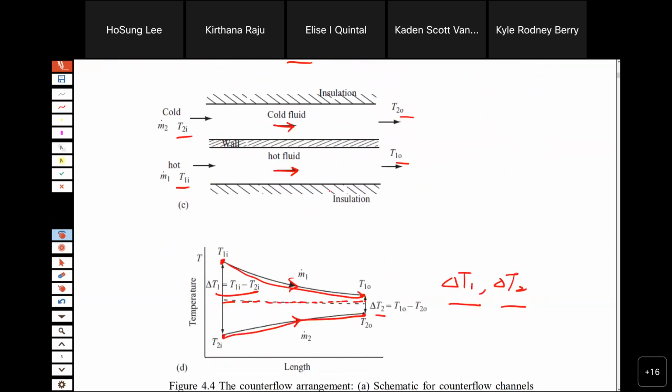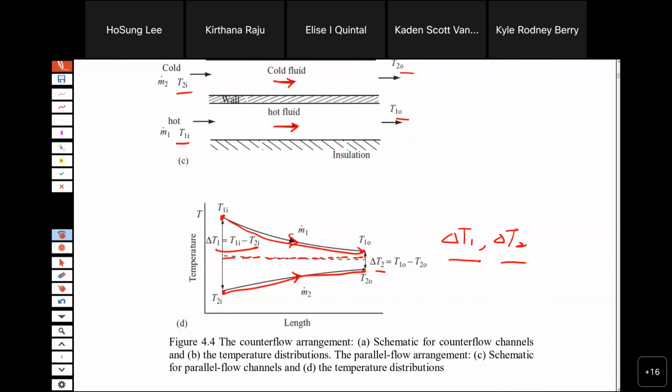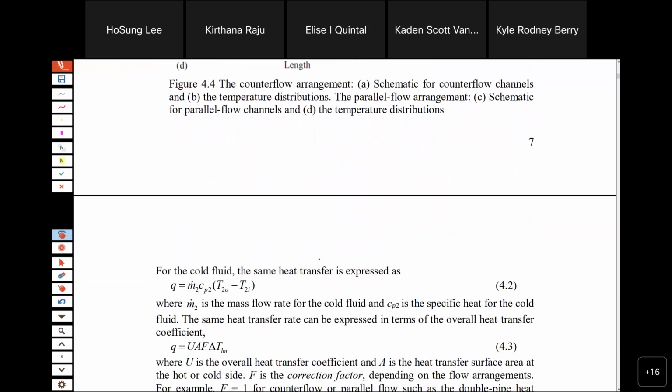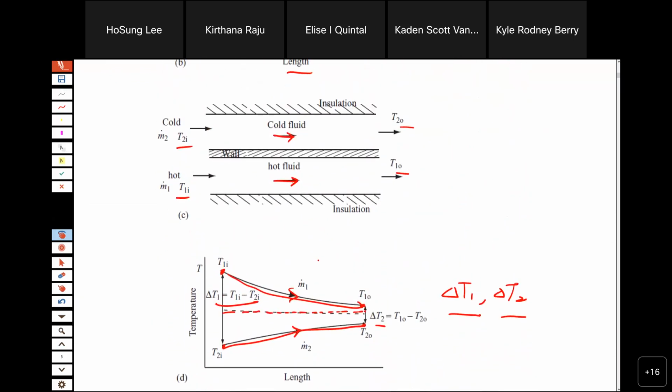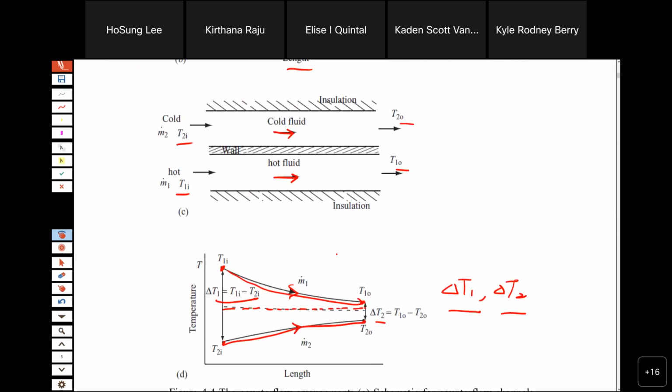The nature of parallel flow is just horizontal, something like that. Mostly we don't need the wall temperature, but some fluid like exhaust gas,